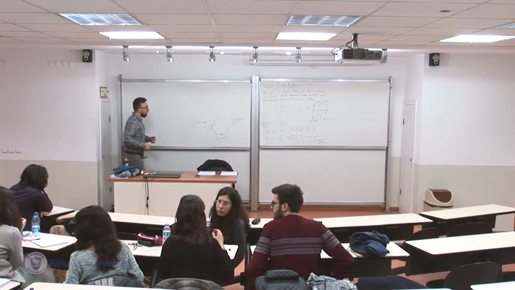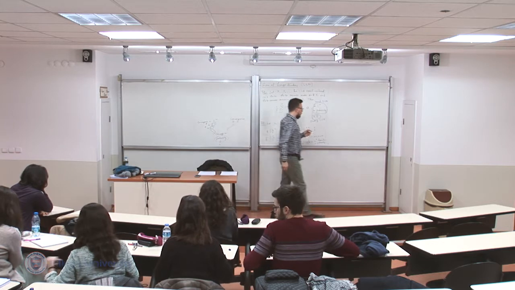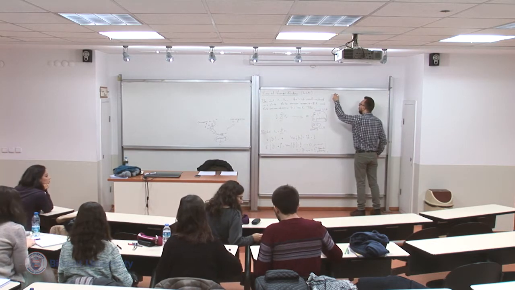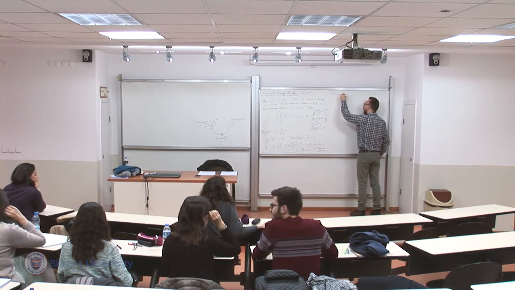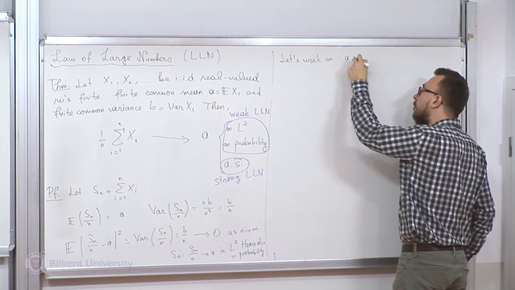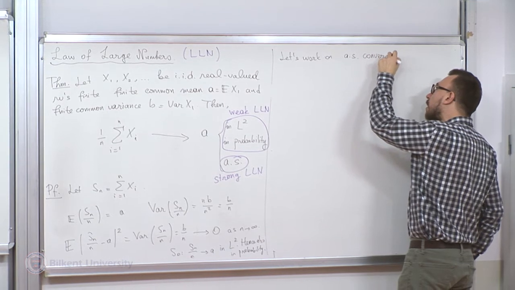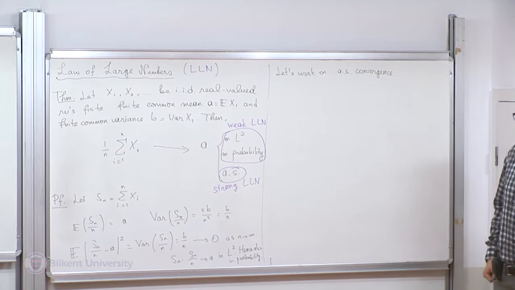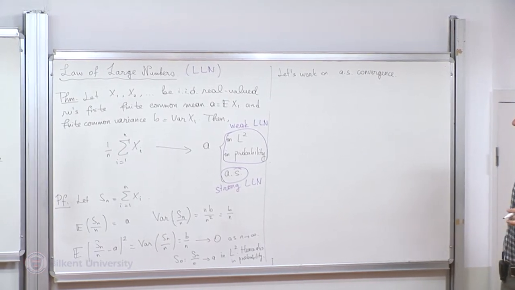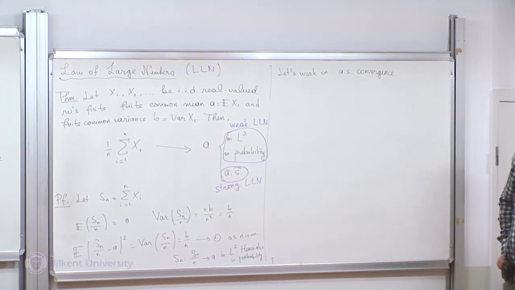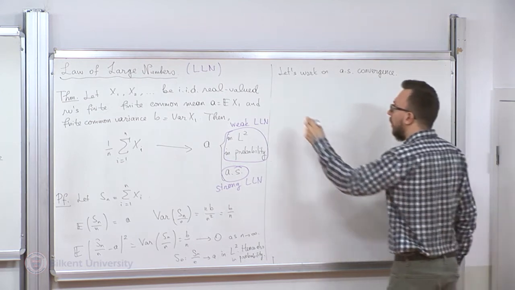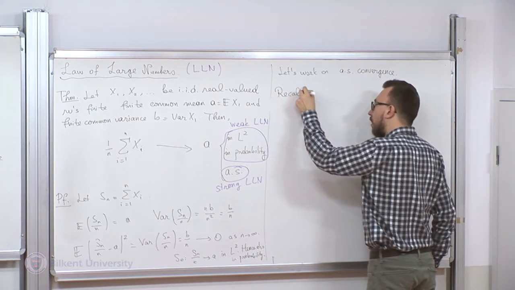Okay, so let's work on almost sure convergence. Remember that to show that some sequence converges to some random variable almost surely, we had certain results, certain corollaries of Borel-Cantelli lemma. So recall that